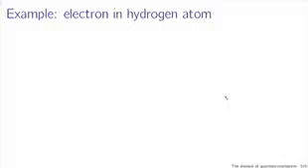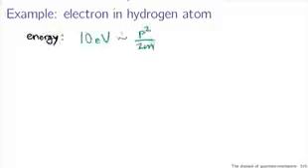For example, the electron in the hydrogen atom. Now, you know from looking at the bright line spectra that this should be in the domain of quantum mechanics. But how can we tell? Well, to use one of the uncertainty principles as a calculation, consider the energy. The energy of an electron in a hydrogen atom is, let's say, about 10 electron volts. If we say that's p squared over 2m, using the classical kinetic energy relation between momentum and kinetic energy, that tells us that the momentum, p, is going to be about 1.7 times 10 to the minus 24th kilogram meters